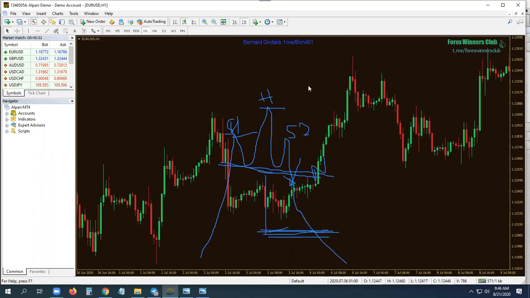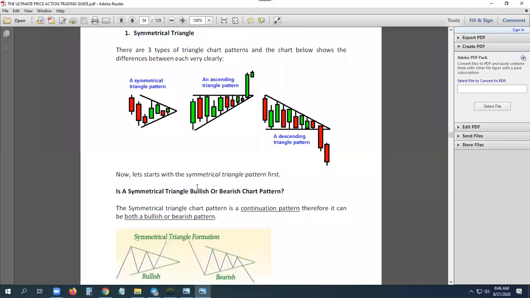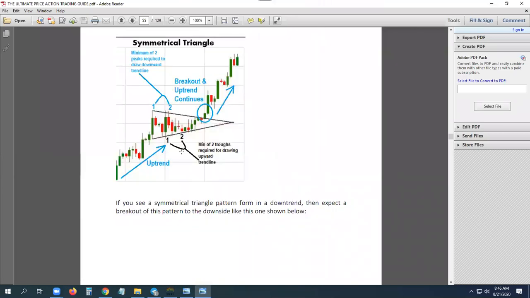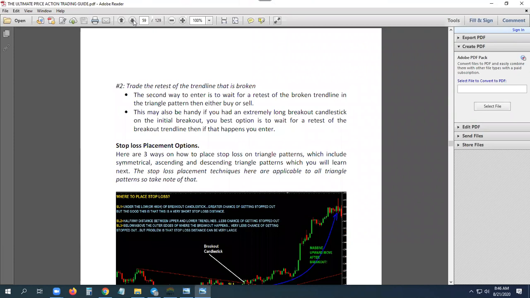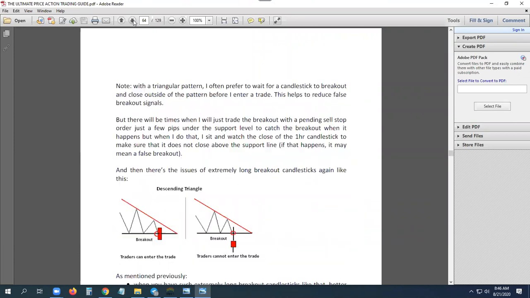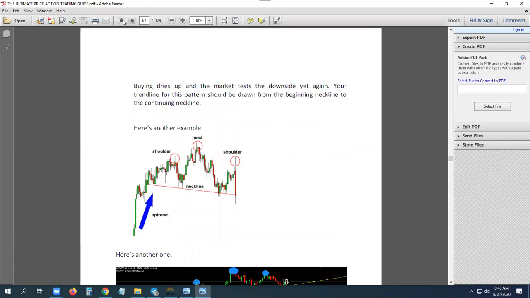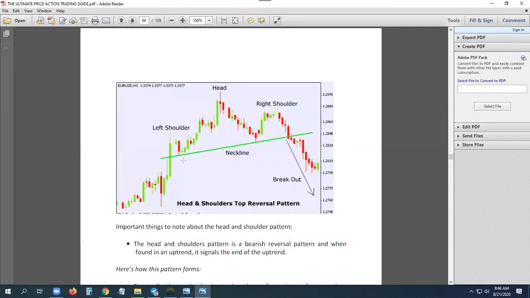So that's head and shoulders. It's being described here also. So it's in the textbook. I think you can get a number of examples here. Head and shoulders. Where are you? Here. Left shoulder, head, right shoulder, or shoulder 1, head, shoulder 2. Neckline, breakout, and that's how you trade.